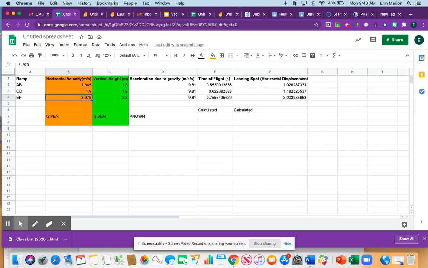I needed to find time of flight first before I could find landing spot. So this is the horizontal displacement. So in this cell, I clicked on it. I then entered my formula, B2 times E2, because to find horizontal displacement, I have to have my horizontal velocity times my time of flight, because that also belongs to the horizontal components, and hit equals, and it did the